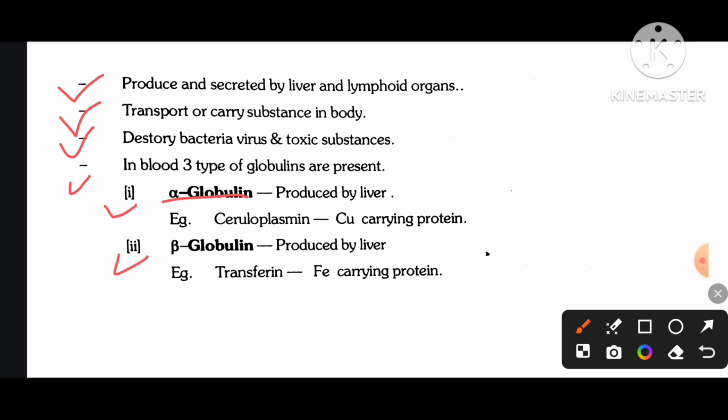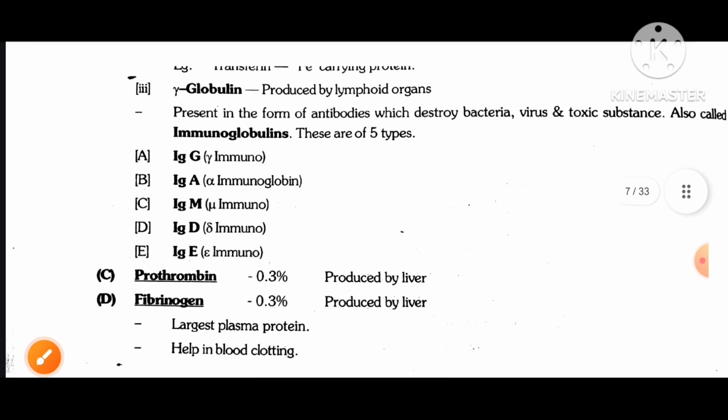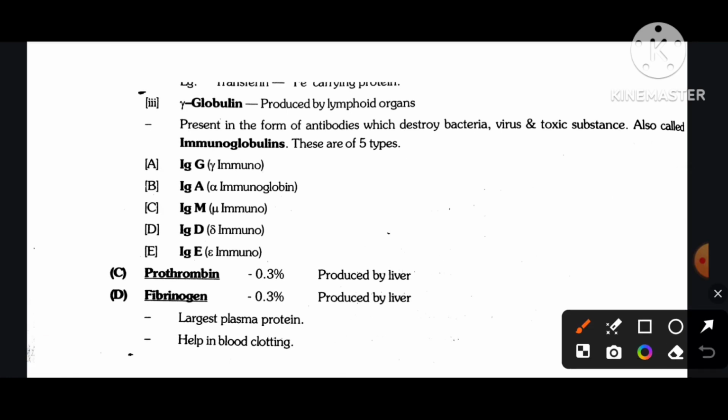Number 2, beta globulin, produced by liver, example transferrin, iron carrying protein. Number 3, gamma globulin, produced by lymphoid organ, present in the form of antibodies which destroy bacteria, virus and toxic